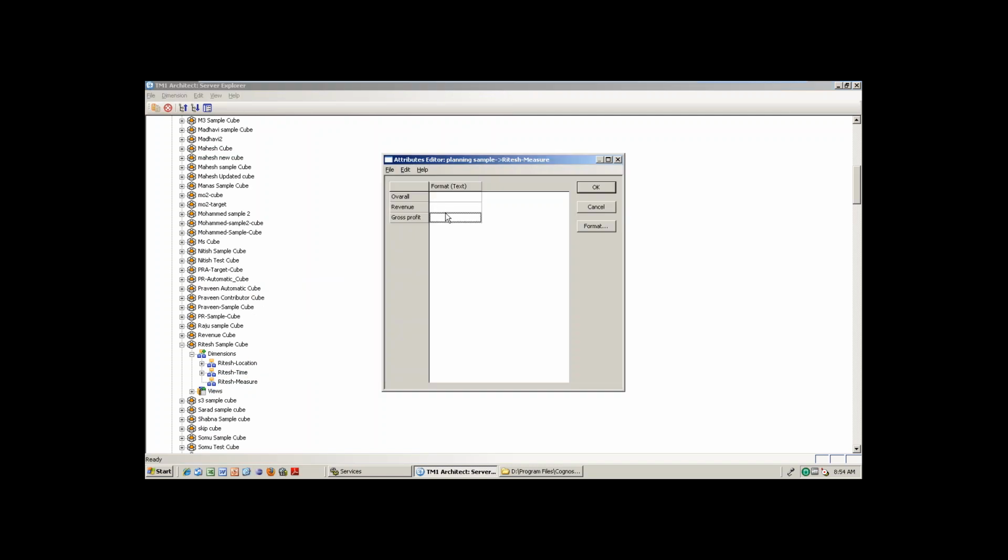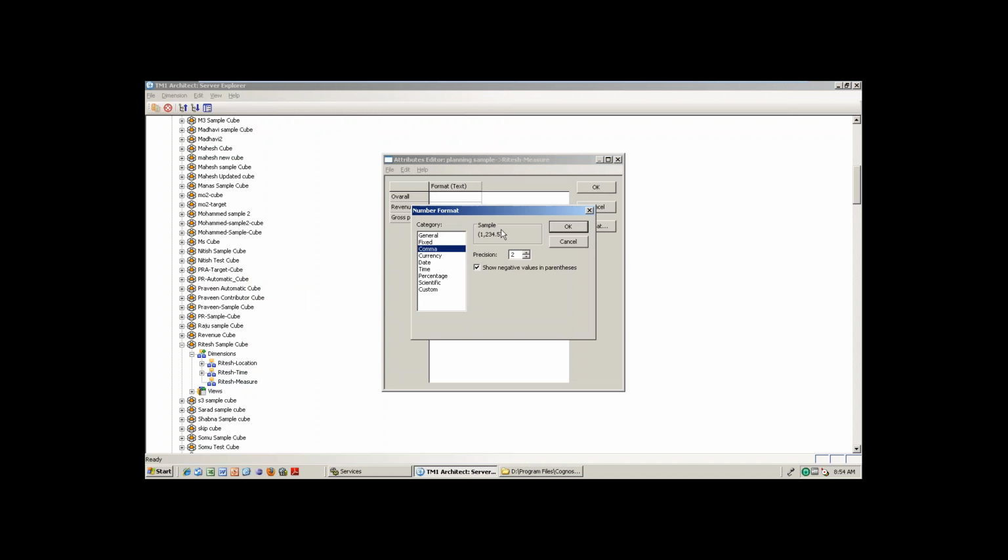So for revenue, what type of format are you expecting? You select gross profit, go to the format. You see, maybe I want the precision level as 3. So fixed, currency with the dollar symbol in front. Date, if any column is a date, percentage is like this, scientific is like this, custom is like this, whatever it may be.